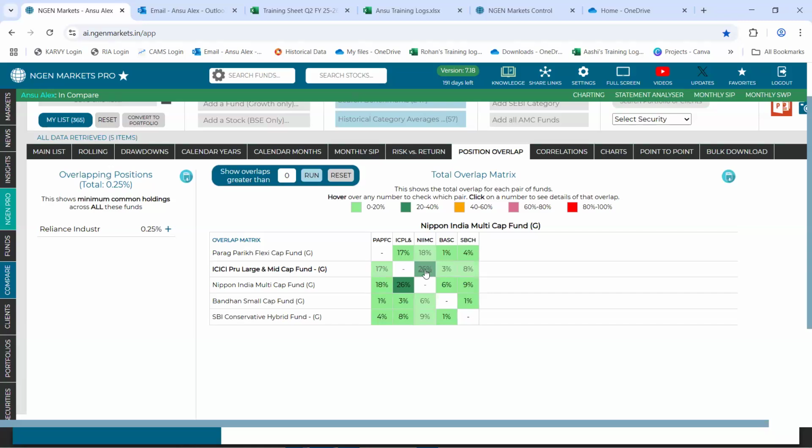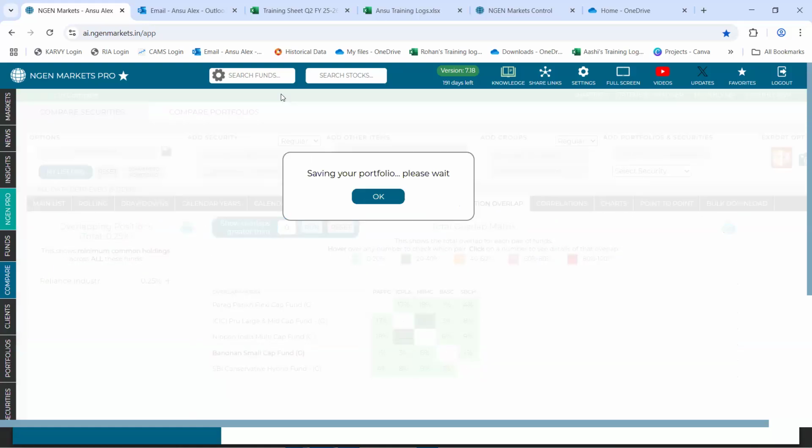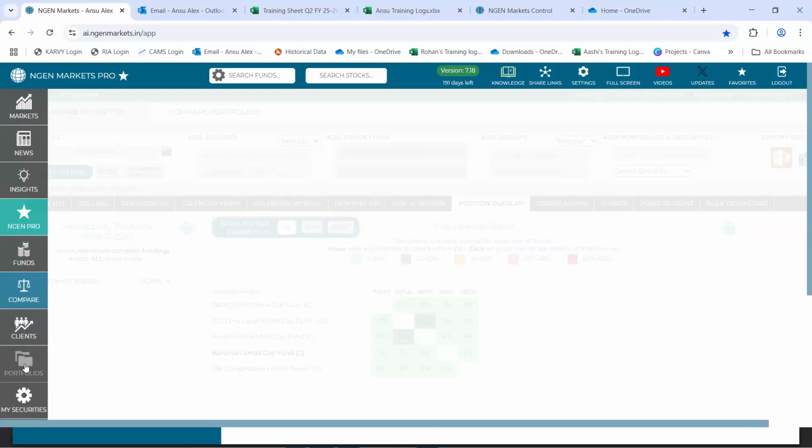The data that you see on this tile is an accumulation of the total overlap between every two funds. So since this portfolio that I'm currently looking upon has the overlap, which at max is to an extent of 26%, which is well within the limit, what I will be doing is clicking on this option called convert to portfolio. So instantly an equally allocated portfolio will get saved into my portfolio section, which is our